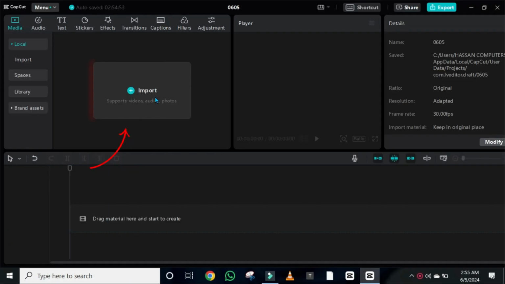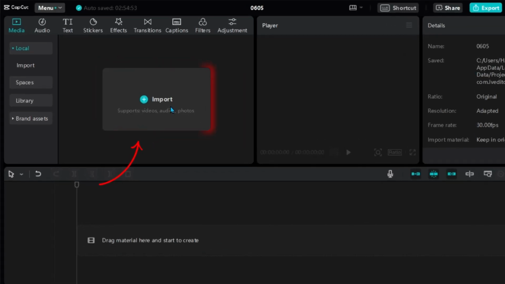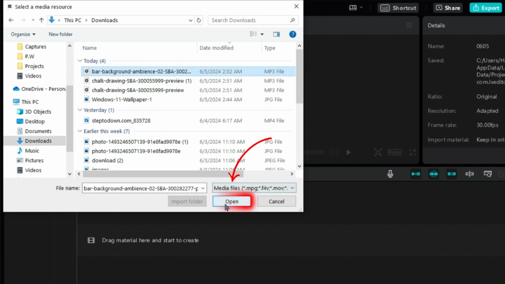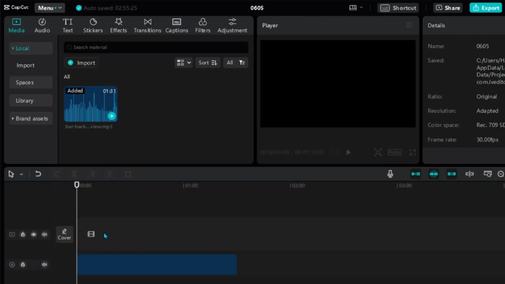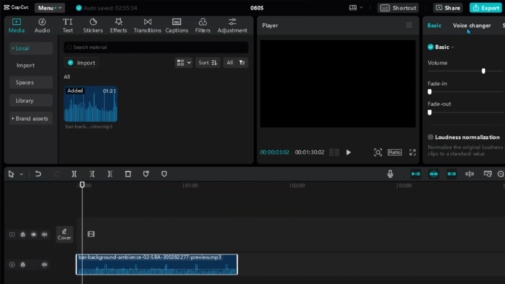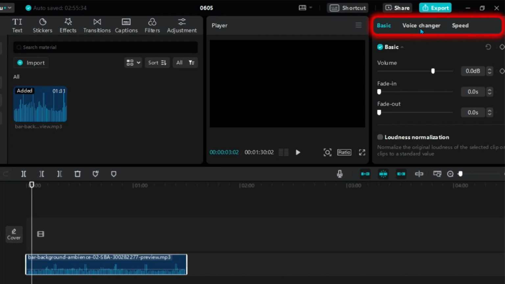You can open a new project and click on this Import to import some video. I'm selecting this and I will open this one. So it's an audio file. You can drag it to the timeline. Here it is. Now, if I play it, in the upper right side, you'll find some options like